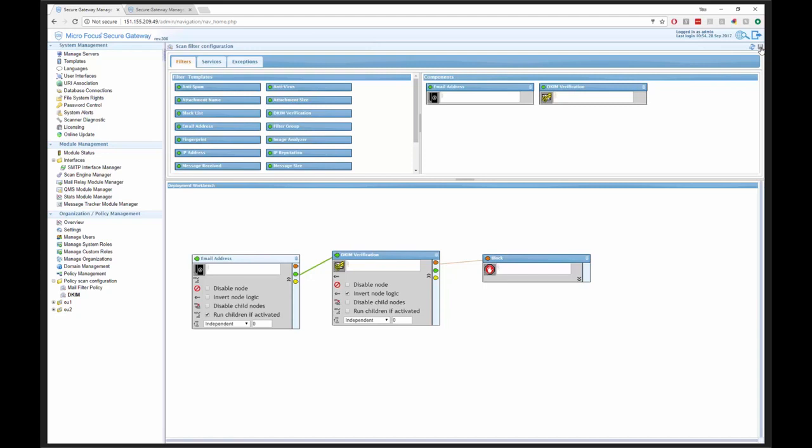Great. Okay. I understand Secure Messaging Gateway features updates to the system on the last Thursday of each month. Could you tell us about that? Yeah, so